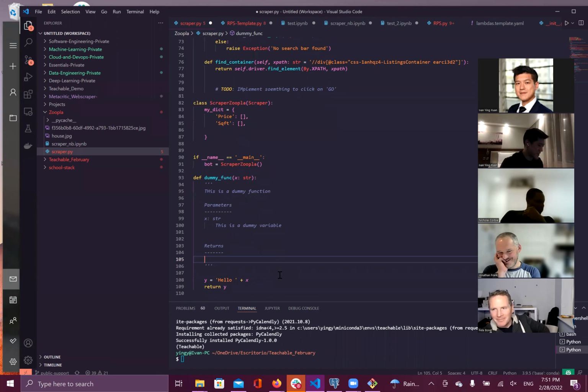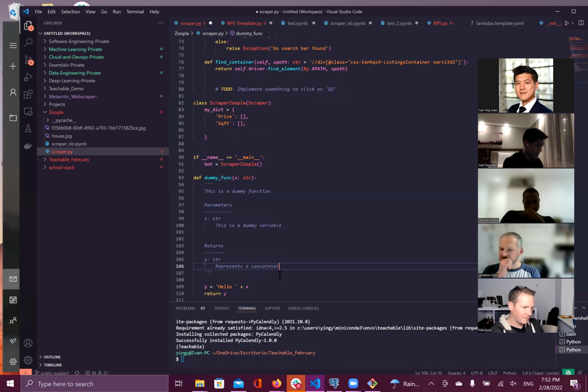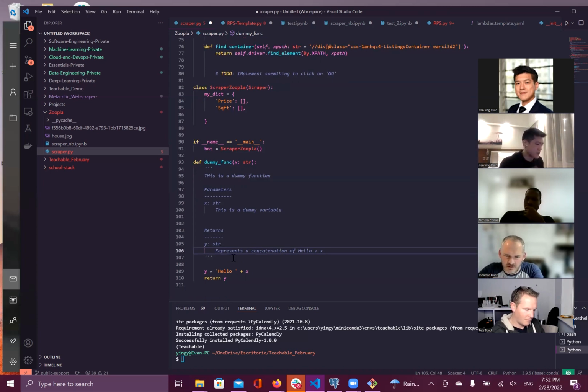Okay, so it's going to return Y, which is another string, and this represents a concatenation of hello plus X, something like that. So here basically we are just defining what we are going to return. We can return a string. Maybe instead of just returning that, we are going to return Y2,